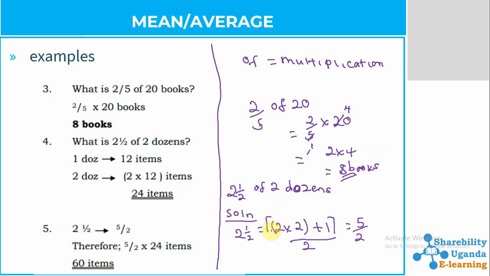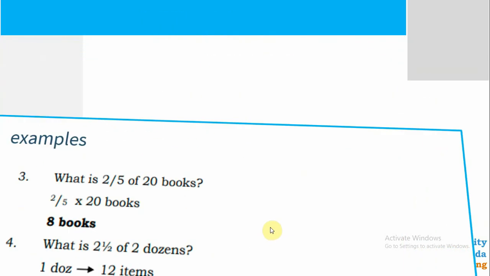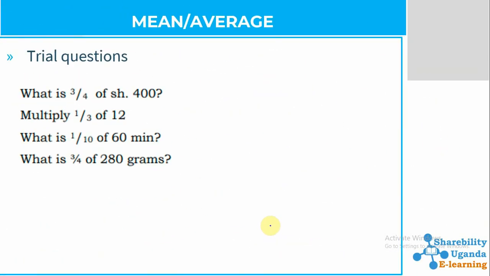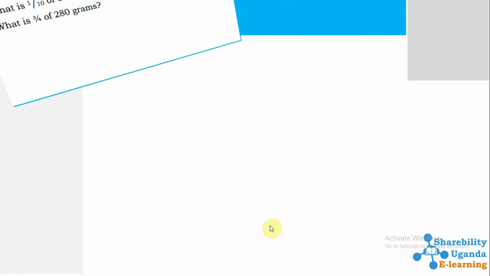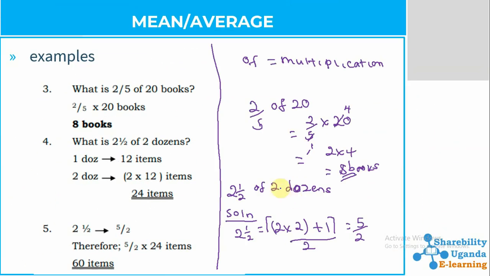2 dozen. What you have to understand is what a dozen means. What does a dozen mean? Okay, so when they talked about 2 dozen, this simply means 1 dozen is equal to 12. So if they said 2 dozen,